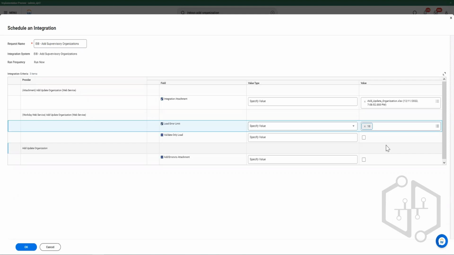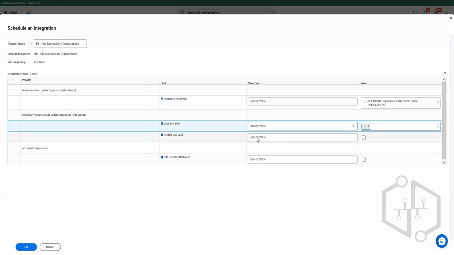It limits to 10 errors and fails the integration, saying that there are errors with these 10 records. If we give 5,